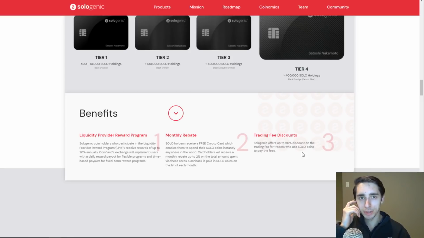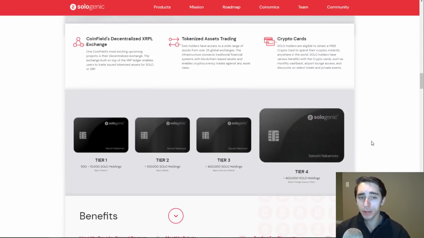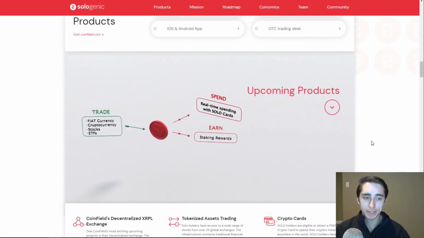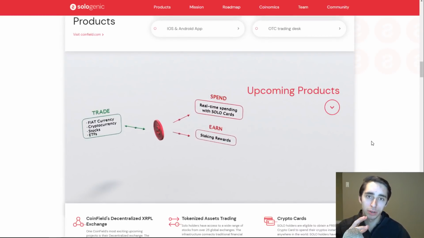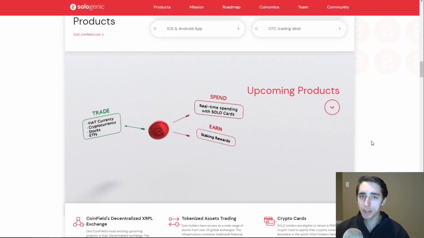Similar to some exchanges, if you use this utility token, the Solo coin, you're able to get discounts, and up to 50% is pretty nice. It's very lucrative in the case of trading. So I would say that these 3 benefits are really nice. If you're an active crypto trader, someone actively participating in the market, I'd say these benefits come quite nicely. If you're already going to be staking or utilizing Solo as a utility token and trading it, these benefits can help carry the value of it a little bit further.